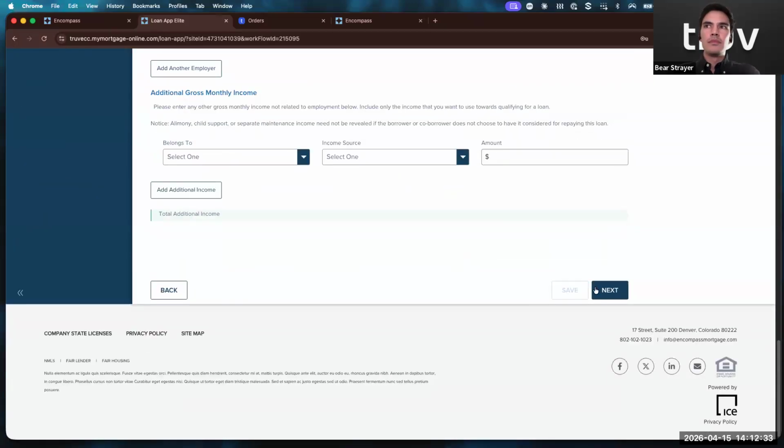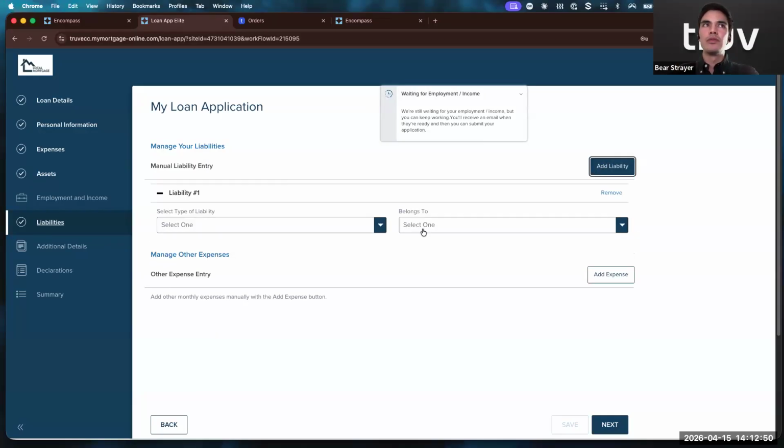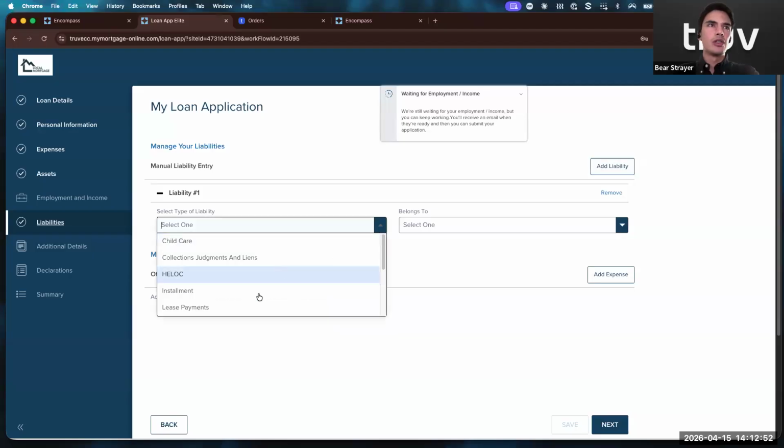So the borrower can continue as they go through the rest of the experience and fill in the rest of the info. This tile will still be shown, and they can right kind of keep an eye on it. And as soon as the import is ready, they can be returned back to that page to review and finish. So they can add like